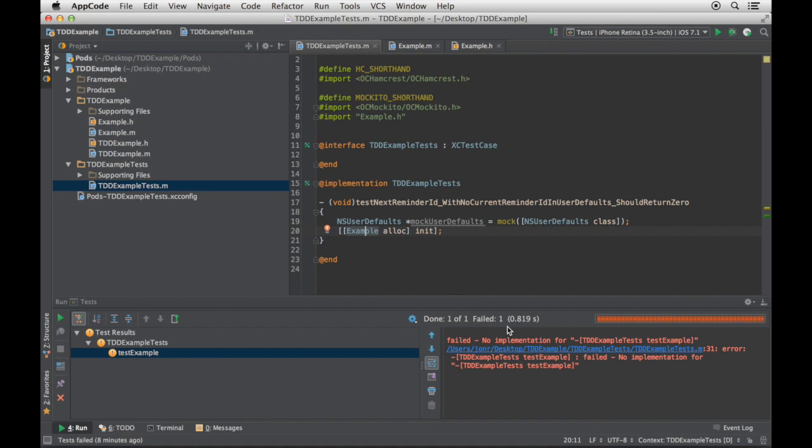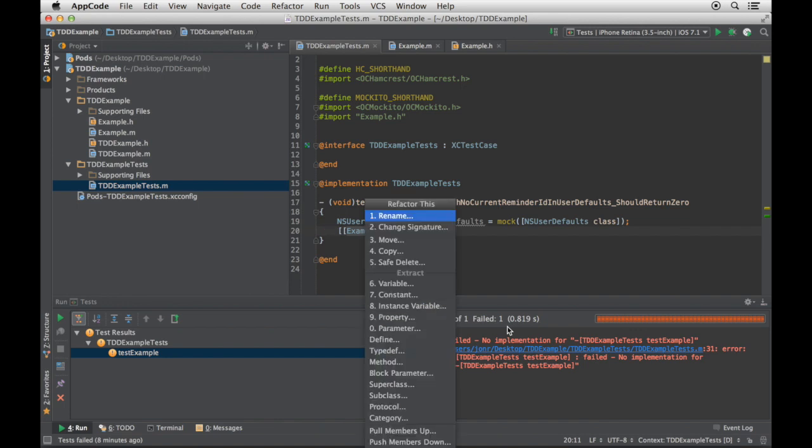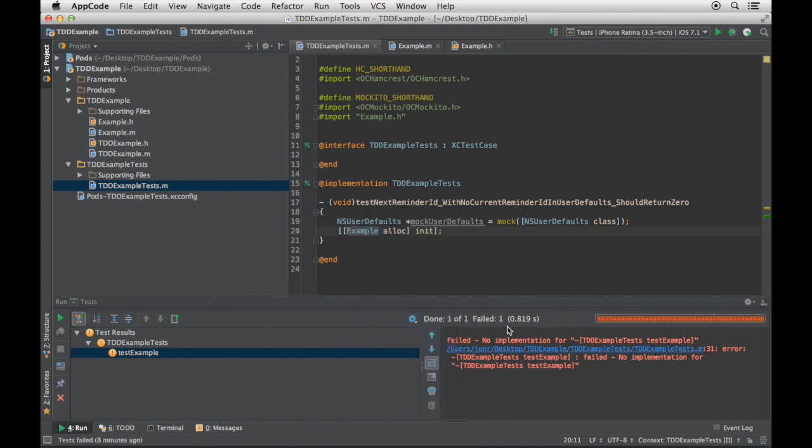It is satisfied. Of course, I want to assign this to a variable, so now I'm going to extract a variable, except instead of bringing up the refactor this with Control T, which I still do for a lot of the ones that I haven't memorized, I'm going to do Command Option V for variable. And it's going to say, well, which part do you want to extract to a variable?